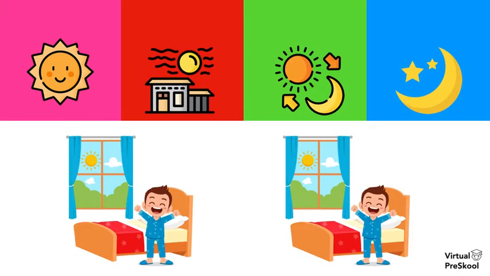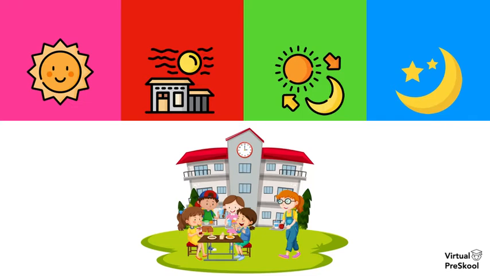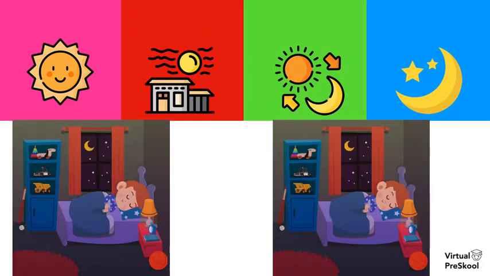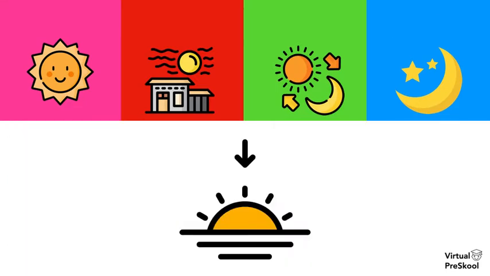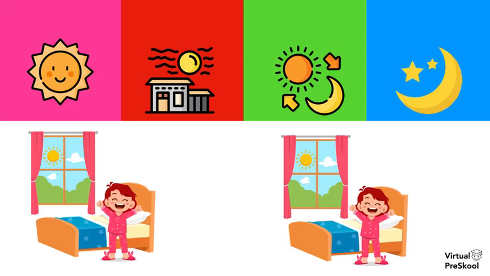So what's happening in this picture? Morning, afternoon, evening, or night? This is morning, and morning in Hindi is subah. And these kids are having lunch at school, and afternoon is doupher. It's nighttime, and this kid's fast asleep. What's night in Hindi? Raat. And the sun's going down, it's the evening. And what is the evening in Hindi? Sham. This girl just woke up and she's ready to start her day. It's the morning, and morning is